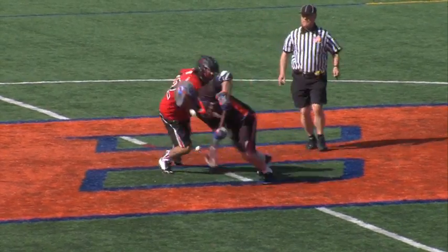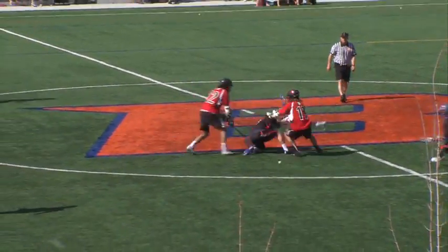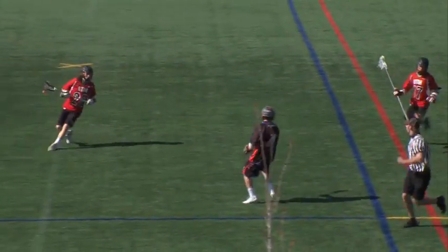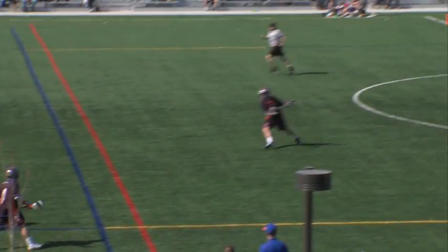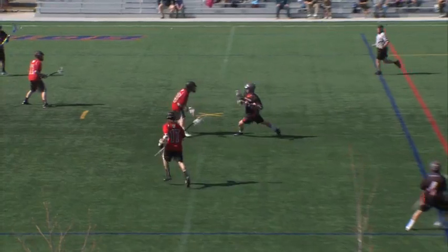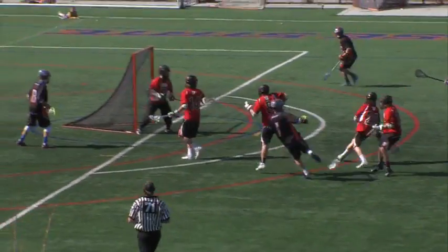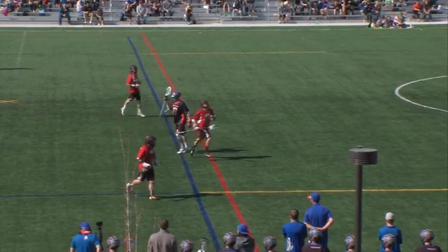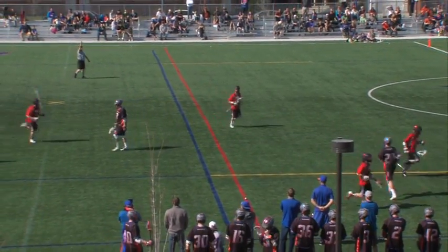They are ready, and there you go. And that is going to be Boise State coming up with the possession again. Boise State pushing the ball up. Number 4, passing it back over to number 1. He's going to push up to the middle of the field. He's going to make a move, and he's going to shoot, and he's going to get deflected. And Utah is going to get possession of the ball